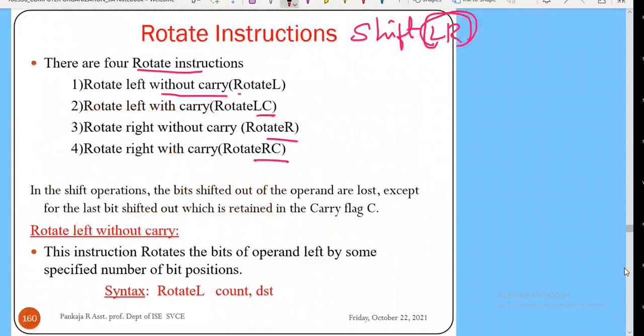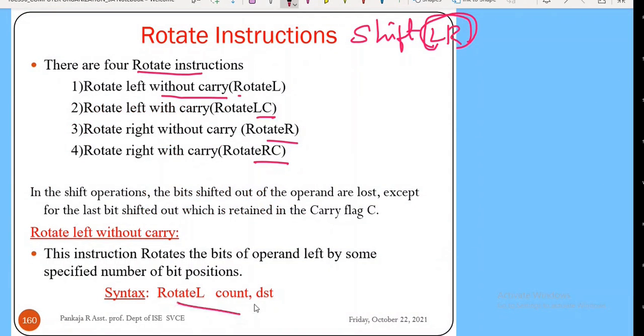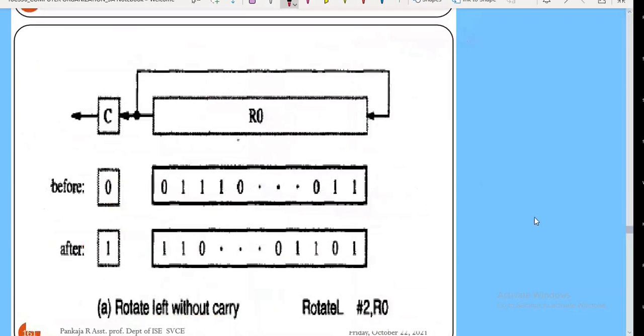In the exam, you have to write the syntax, and one example is important. For the same operation, you have to give one instruction as an example. So here, what is this? Rotate left without carry. You already know the picture: there is a register and a carry flag. This is without carry. When you are rotating, the values that create vacated positions when you shift are rotated back into the same register.